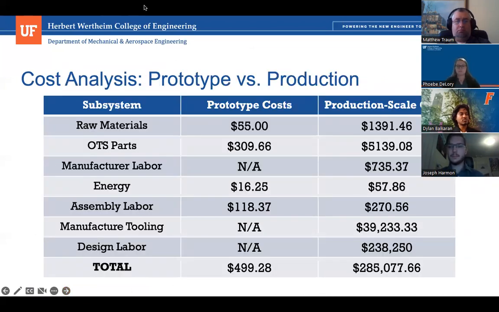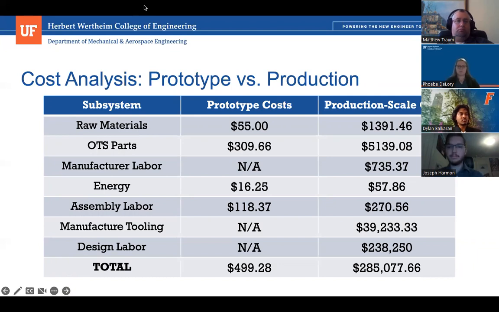Now for the cost analysis, I will be going over the prototype section. Since it was explained to us that the prototype would be purely testing the functionalities and capabilities of our design instead of the structural integrity or space fitting or any other factors like that, we were able to slim down the cost considerably by mostly 3D printing the major components while being able to keep the OTS parts that were necessary for testing. This is reflected by the $55 price for raw materials, which is for a 2,300 gram spool of